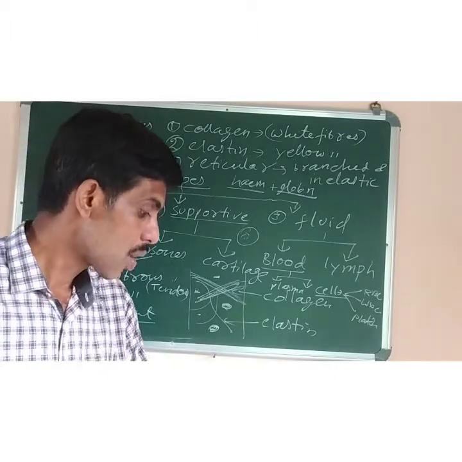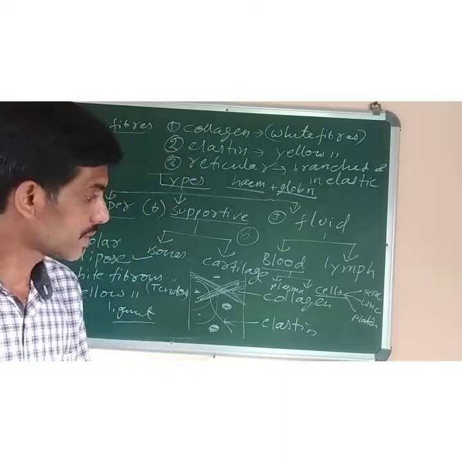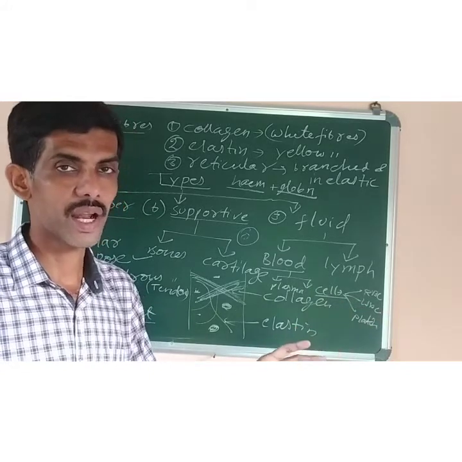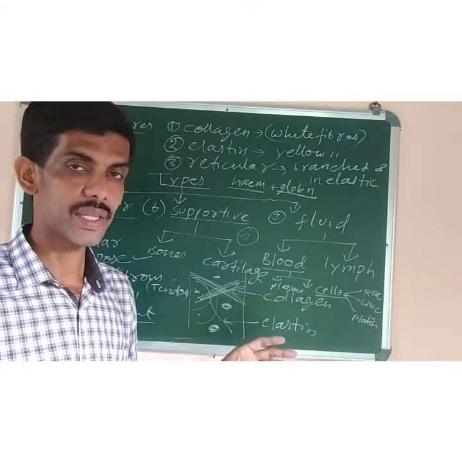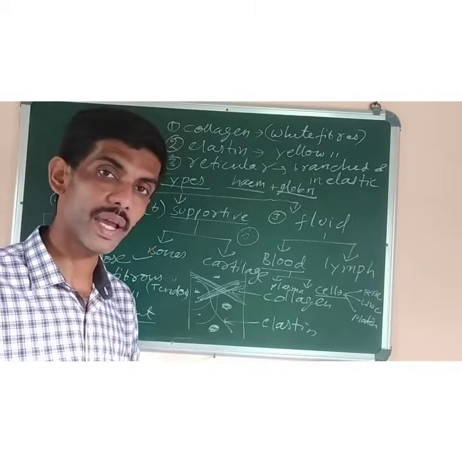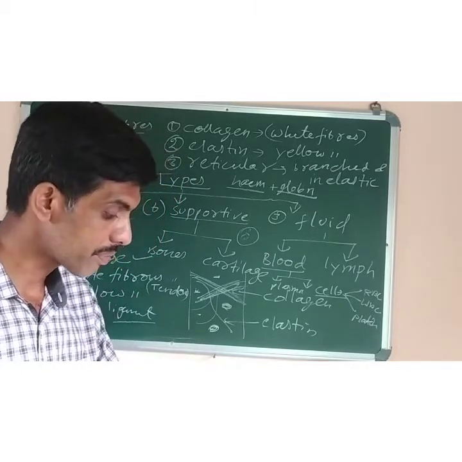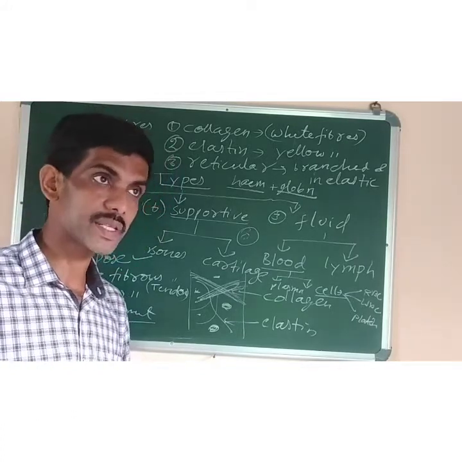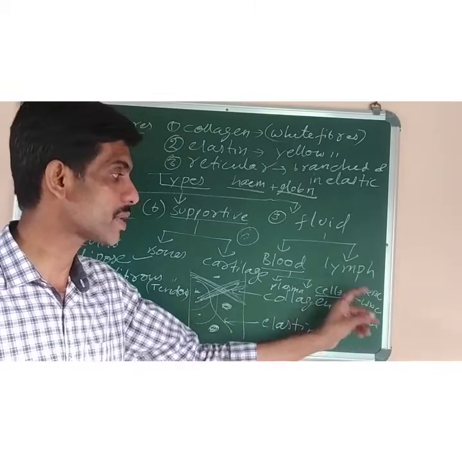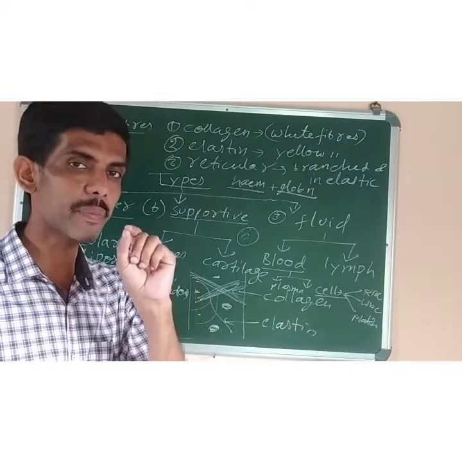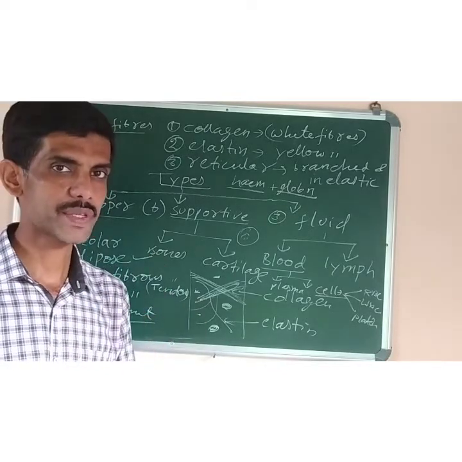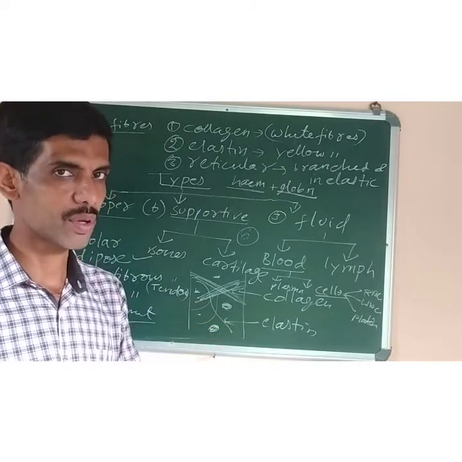Now next one is WBC or white blood cells. The other name of WBC or white blood cells is leukocytes. They are colorless. They are not red in color like RBC, and they are also produced from the bone marrow, and their number is 8,000 to 9,000 per cubic milliliter of blood. And what is the function? They help in defense system of the body. And I told you two different types of WBCs are there, depending on the presence or absence of granules in their cytoplasm. Granulocytes and agranulocytes. Okay.